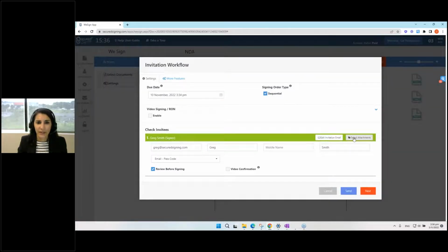You also have the ability to add attachments. If there are documents that you'd like to add that don't require viewing, or they're for information purposes only, you can add them here. We can also just finally talk about the authentication method. So I'm going to authenticate using a passcode, which is the minimum authentication method, but you can choose the level of authentication that you want, as much as ID verification, where they have to take,